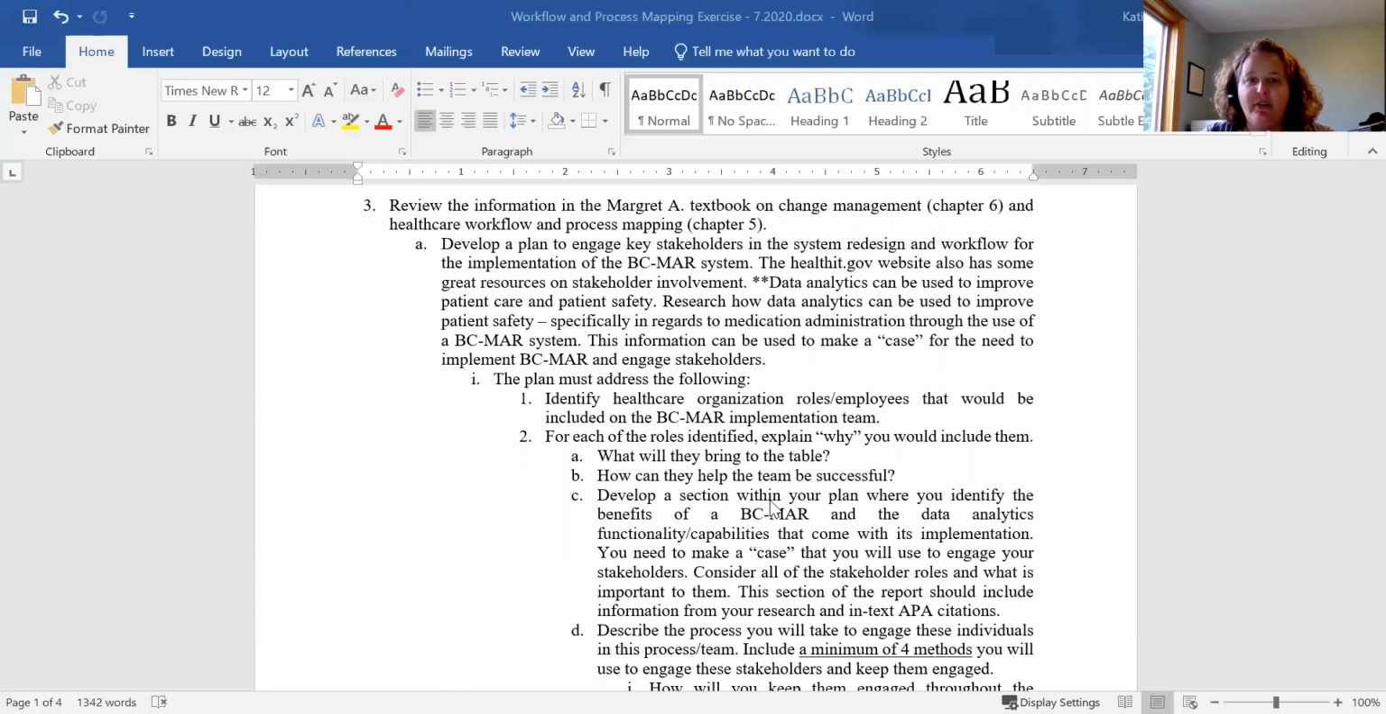What types of methods are you going to use to engage those key stakeholders, all right? I've given you several things that I want that plan to address, okay? And I have some notes here. The second sentence under 3A says the healthit.gov website has some great resources on stakeholder involvement. And I also want to mention Stratus Health. It's